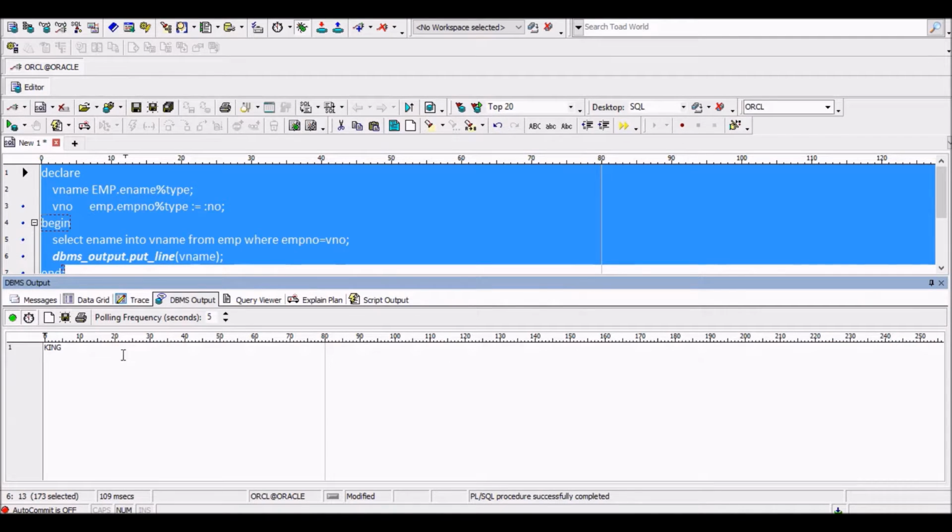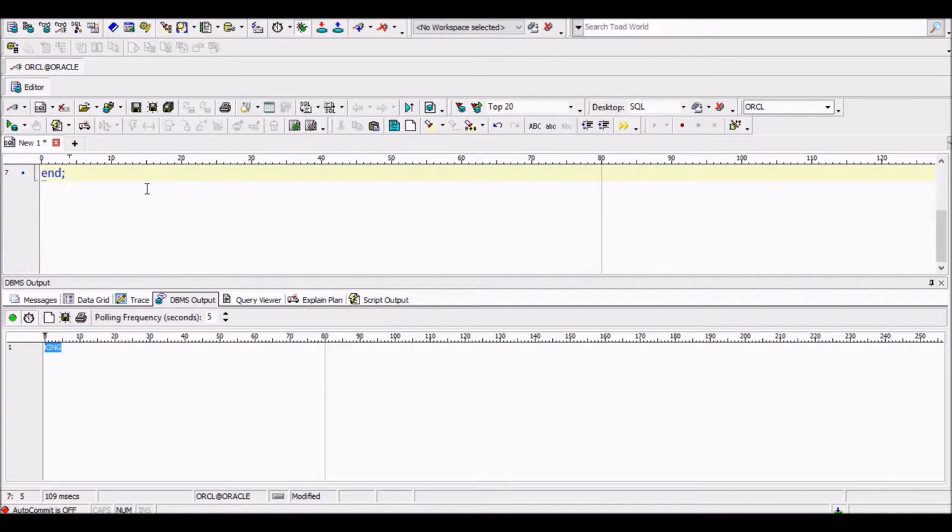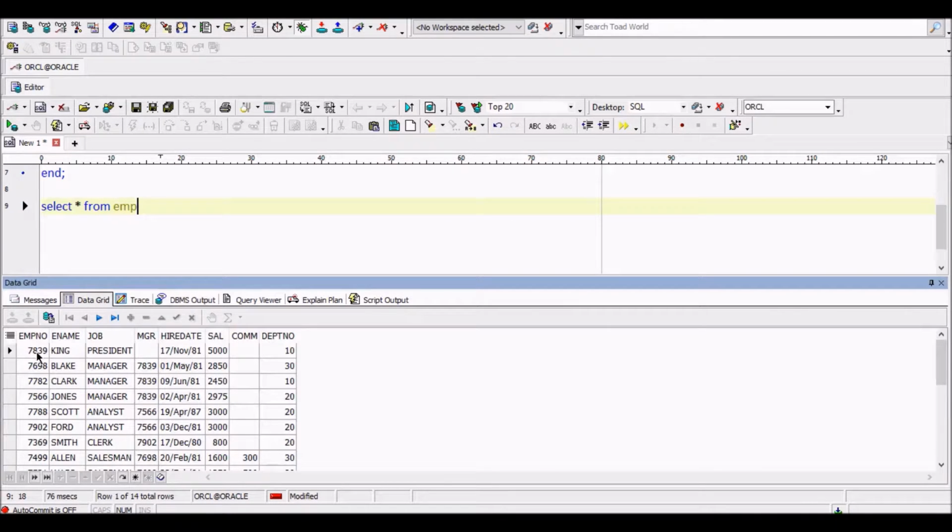It will take just 5 seconds. See, king is the name available with the emp number value. Let us check, select star from emp. So 7839 is the parameter value I have given, and king is the displayed output.